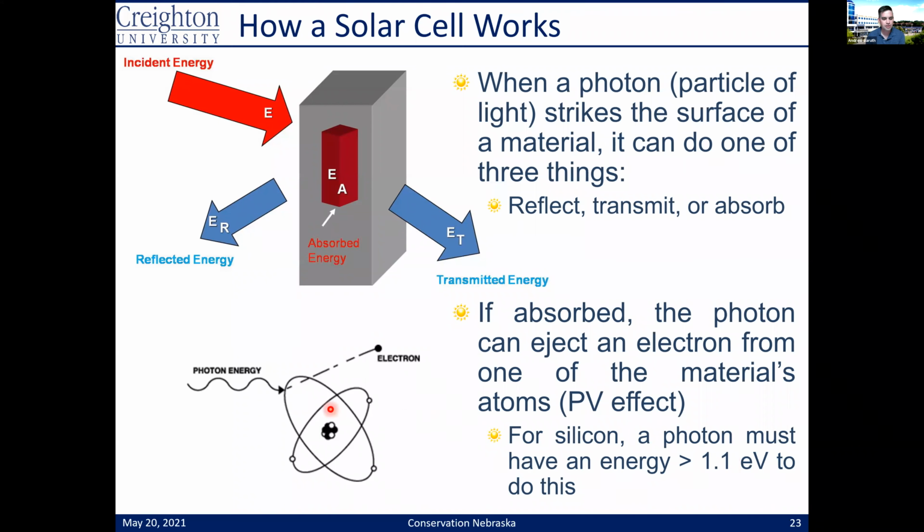So the process of ejecting the electrons due to a photon is called the photovoltaic effect, which is why sometimes solar cells might be called PV or photovoltaics. It really comes from this really basic principle that the energy of the photon will get transferred to the electron and kick it out. Once it gets kicked out, we want to do something useful with it, right? We want it to go power something.